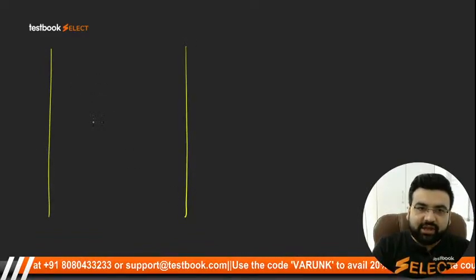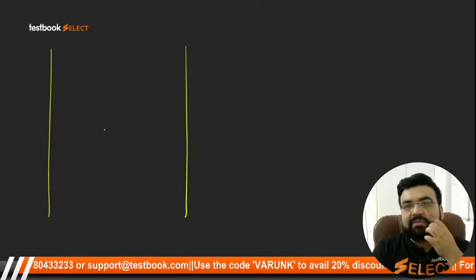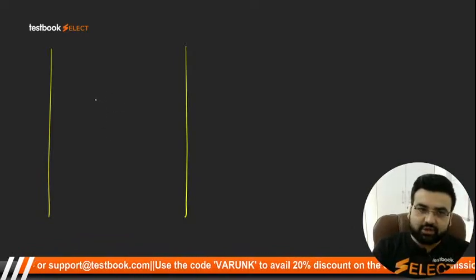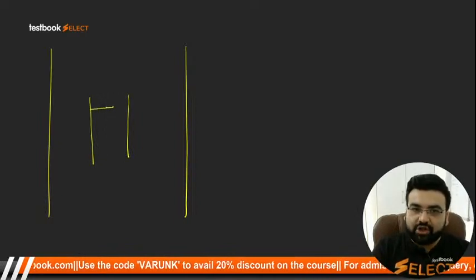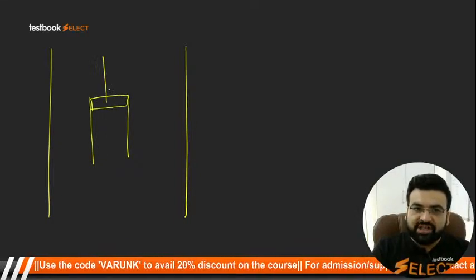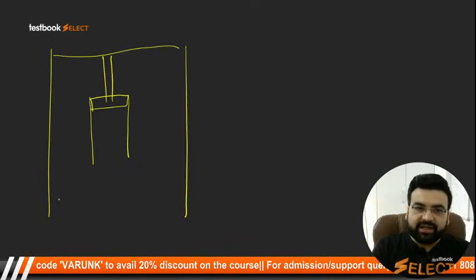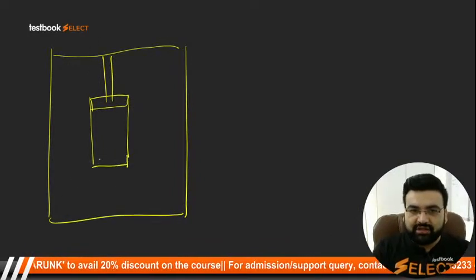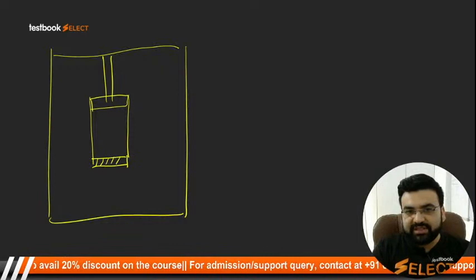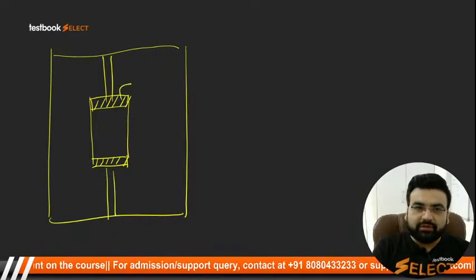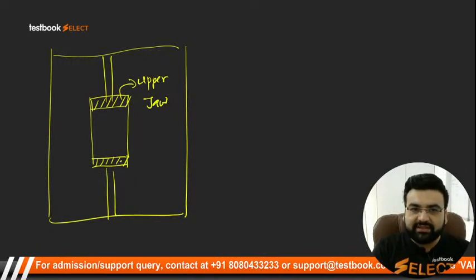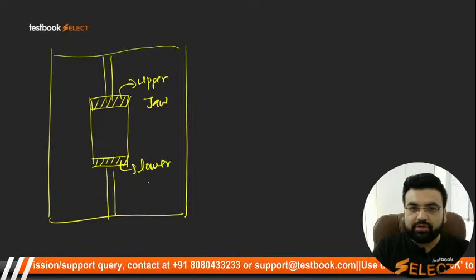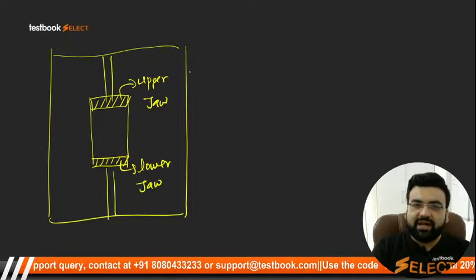The UTM has एक ग्रूव होता है, उसके अंदर एक जगह होती है जहां पे आप अपने मटेरियल को फिक्स कर सकते हो. Let us say this is the groove on which you can fix the material. Inside this groove students एक होता है upper jaw, this is the upper jaw, और ये आपका फिक्स होता है पूरा एकदम ऐसे, राइट, और ये आपका है lower jaw, and this is what the lower jaw is. This is the lower jaw, this is the upper jaw, and this is a machine.